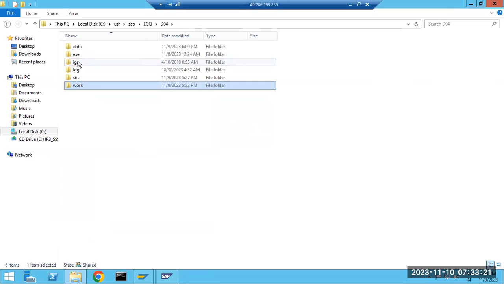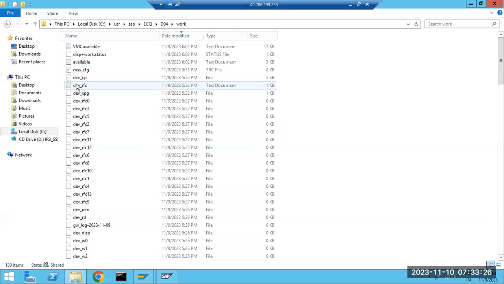Even if you don't remember them, you can find them. No one asks questions on those areas. But this work directory is very important. If SAP is not starting up, this is one of the troubleshooting directories. All the log files are available in this work directory, so you have to come here and check. Suppose you need to check RFC related errors, look at dev_RFC. The naming convention of the log files is dev_ followed by the component, and for ICM it is dev_ICM.